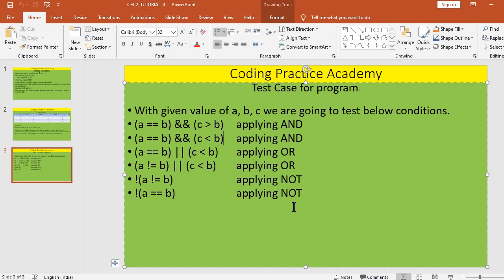The next will be, this is done. Next will be this, A not equals to B or C less than B. Okay, let's check it.